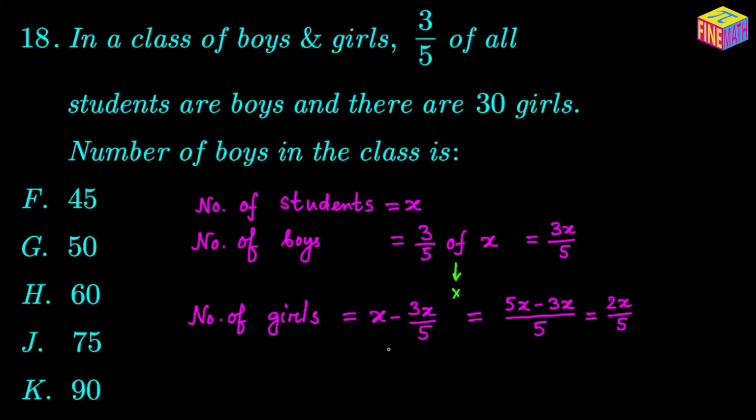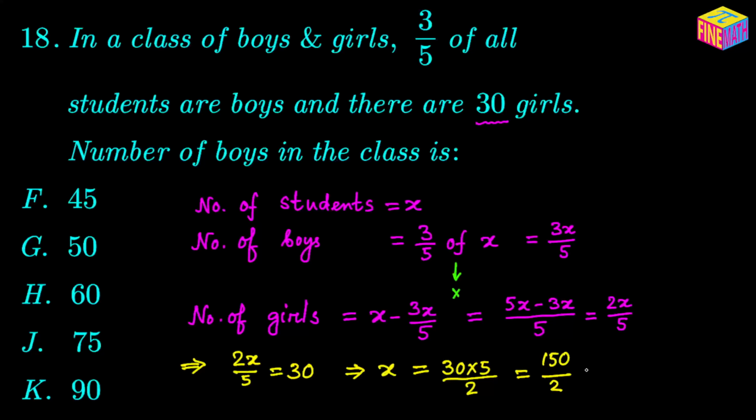All I have done is a simple subtraction here. LCM would be 5, so it would be 5 times x minus 3 times x over 5. That would be 2 times x over 5. But if you look at the question, we have been provided the actual number of girls, that is 30. So this 30 must be equal to 2 times x over 5. So from here we can say 2 times x over 5 is equal to 30, and to find x, we can transpose everything to the right hand side. So that would be 30 times 5 divided by 2, and that would be 150 over 2,